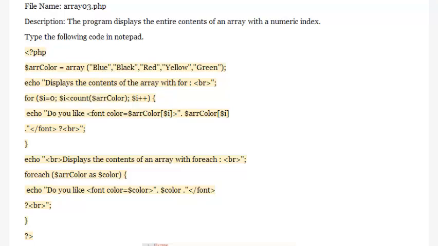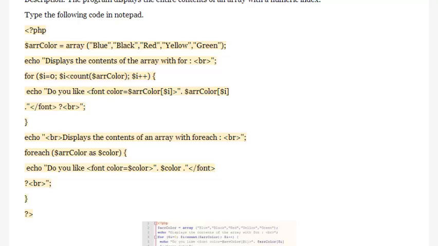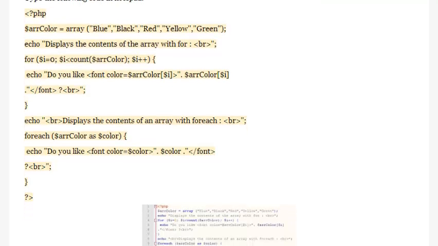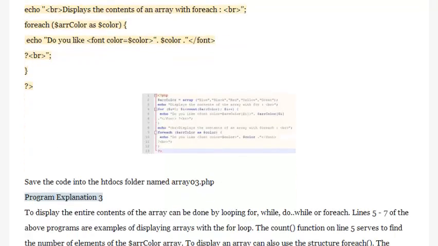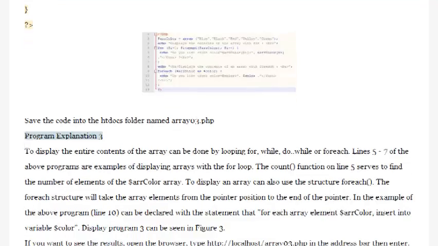for ($i = 0; ...) { echo $color[$i] ... } Closing curly bracket. Echo <br> displays the contents of an array with foreach <br>. foreach ($color as $color). Echo do you like <font color=$color>$color</font> <br>. Closing curly bracket. ?> Save the code into the htdocs folder named